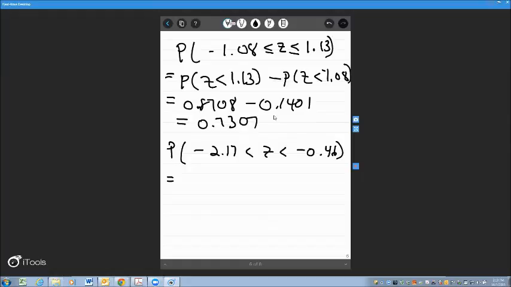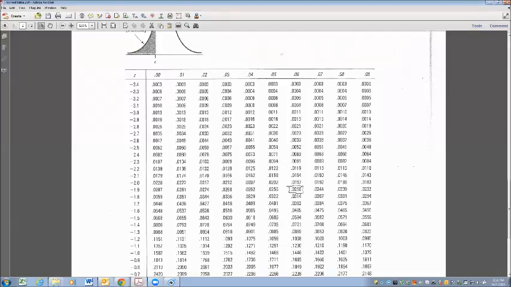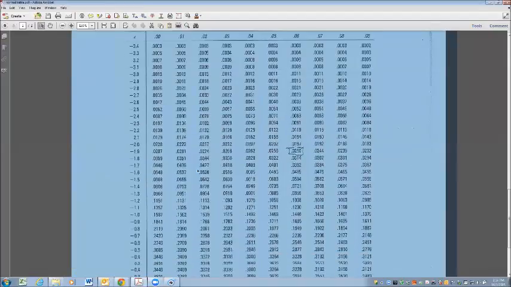And in a similar fashion, to get between minus 2.17 and minus 0.46, I'm going to get the probability of z being less than minus 0.46 minus the probability that z is less than minus 2.17. We can go to our table, and we have minus 0.4